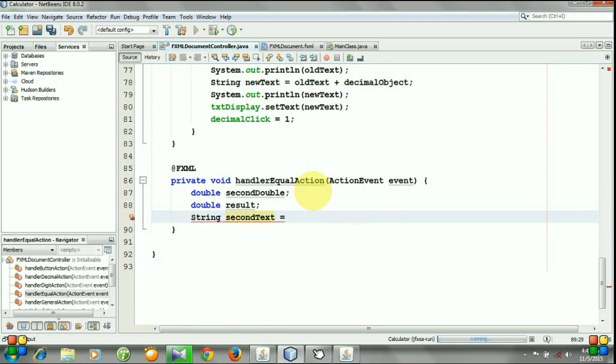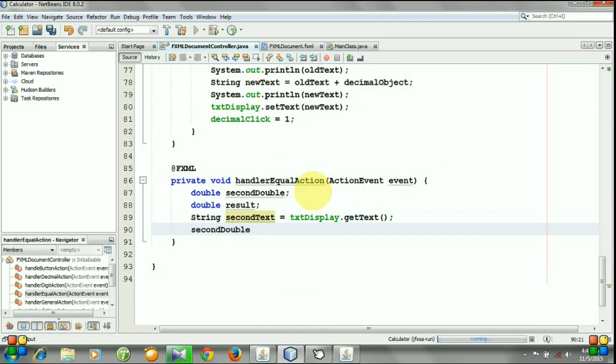String second text equal text display dot get text, and second double is equal double dot parse double second text.